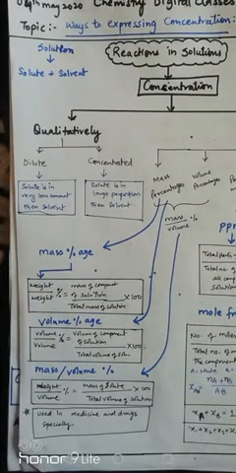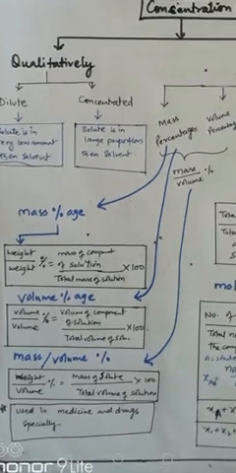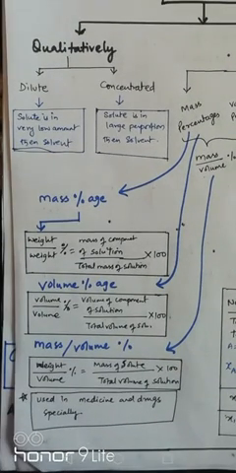Mass percentage is what? We find the percentage value of weight upon weight percent. It means that solute is taken in weight and solvent or solution is also taken in weight. Now suppose 20 gram of sodium chloride you are adding in 80 gram of any other solvent which is also in solid form. When finding the percentage of sodium chloride, we write mass of sodium chloride upon total mass of solution multiplied by 100. To find the percentage we need to multiply by 100.